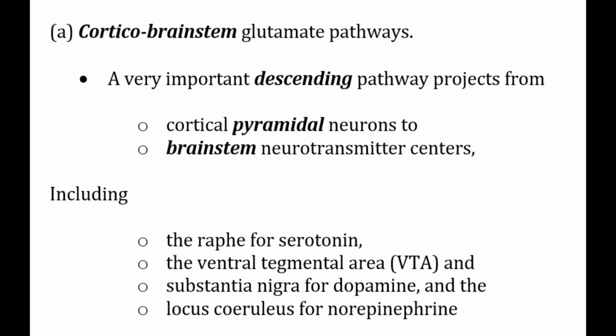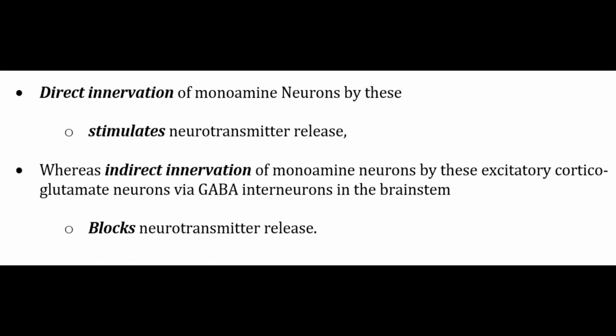The first one is the cortico-brainstem glutamate pathway. It's a very important descending pathway and projects from cortical pyramidal neurons to brainstem neurotransmitter centers. And these include the raphe for serotonin, the ventral tegmental area and substantia nigra for dopamine, and locus coeruleus for norepinephrine. Now the direct innervation of monoamine neurons by these stimulates neurotransmitter release, whereas indirect innervation via GABA interneurons in the